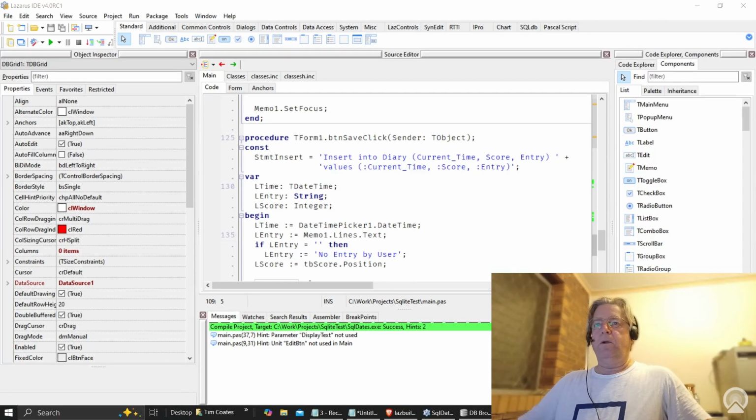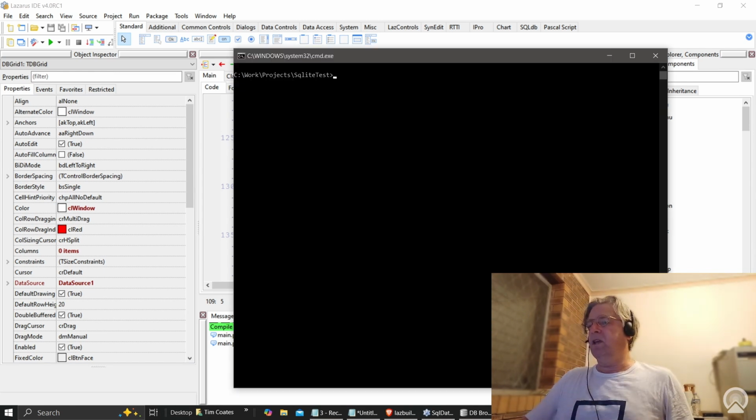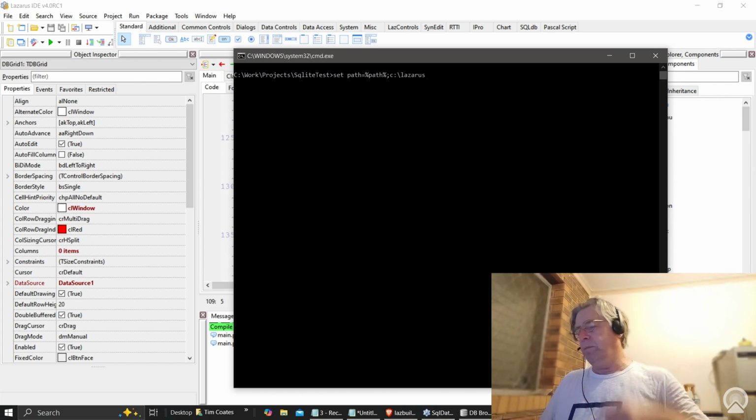Hello everyone, we'll look at using the same Pascal as yesterday, but what we're going to look at is building your program from the command line. So what do we need to do that? Well, first of all you need to go to the command line. The second thing is to make sure that you have the Lazarus folder in your path, because in that